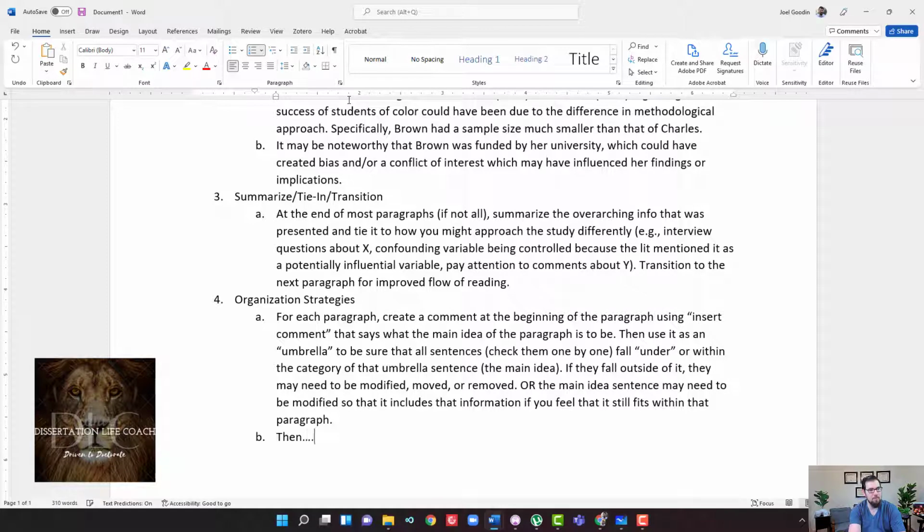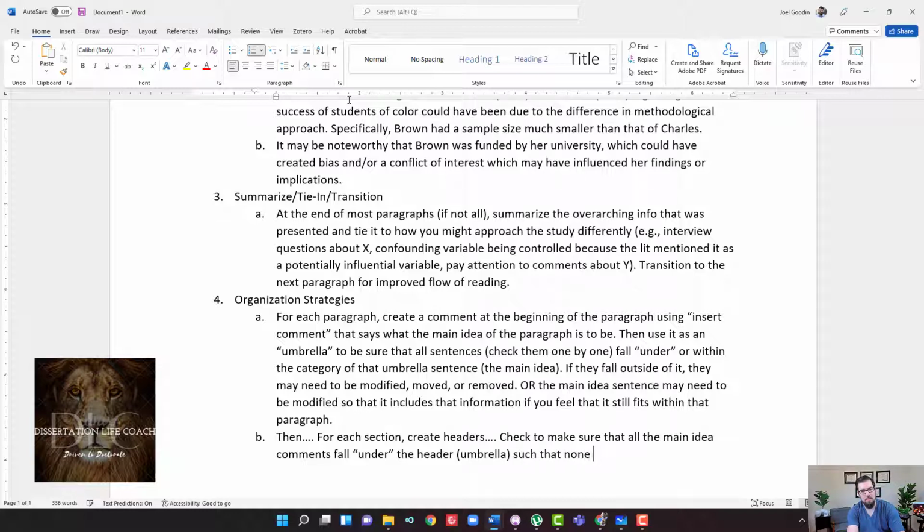Then, for each section, create headers. Check to make sure that all the main idea comments fall under the header umbrella, such that none stick out.